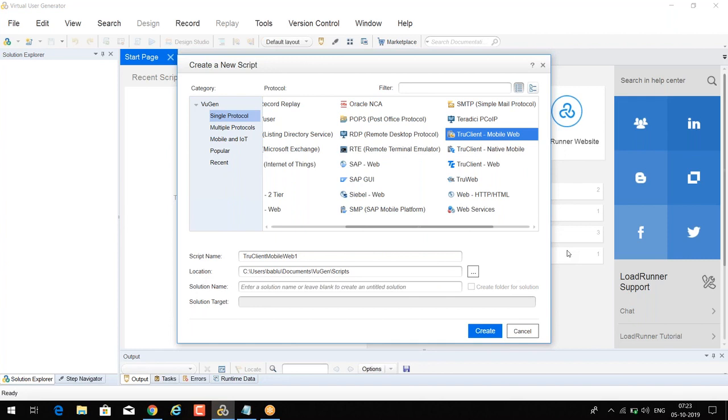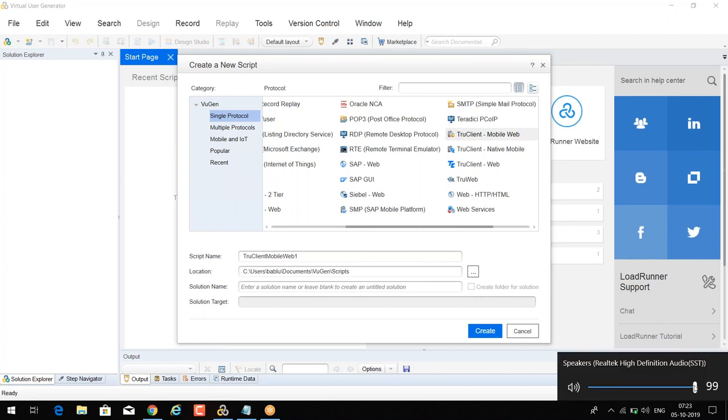Any doubts as of now for Chandan, Seno, Murli and Yogesh? What is the difference between mobile web and native web? I can't hear anyone. Hello, am I audible? Yeah, I can hear you, but your voice is not clear. Okay, I have pinned my doubt in the chat box. Can you please check once?